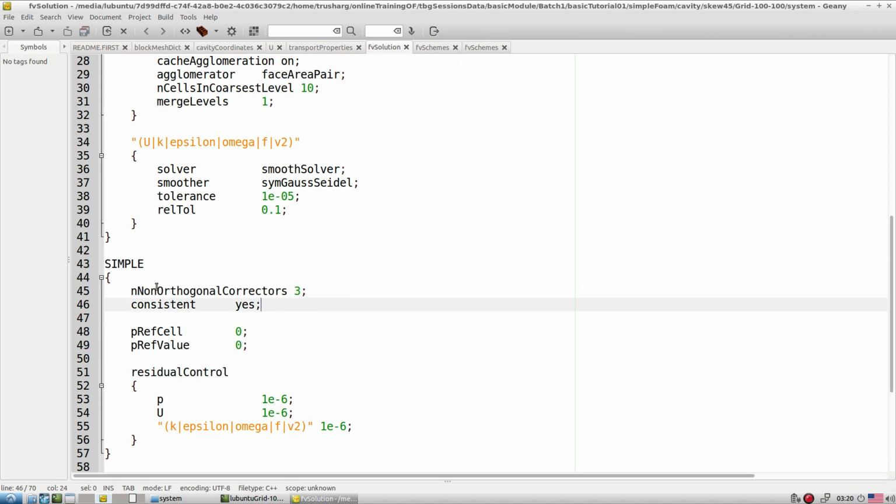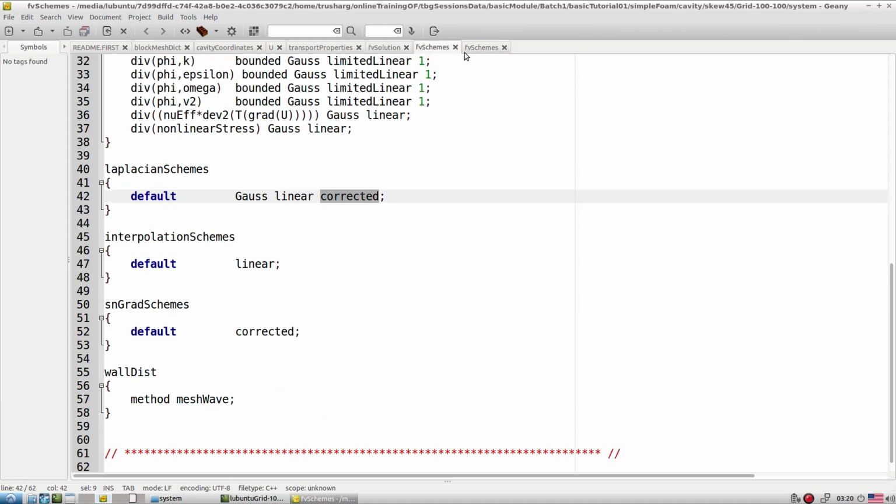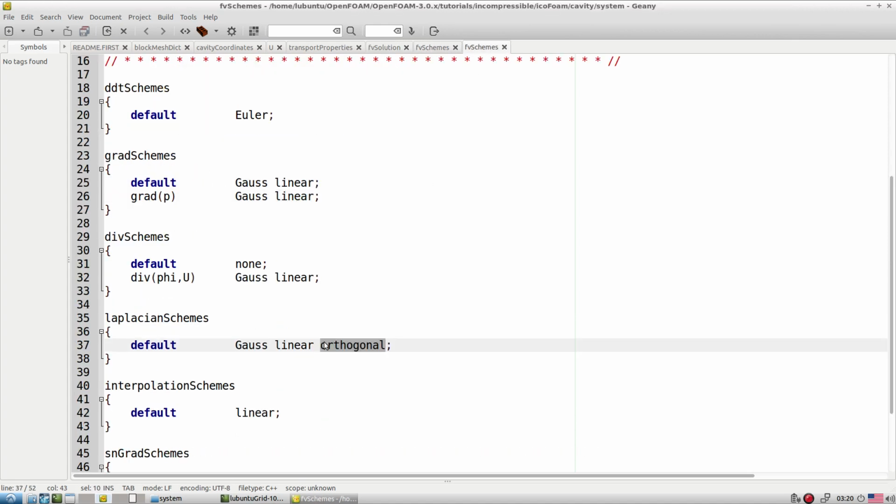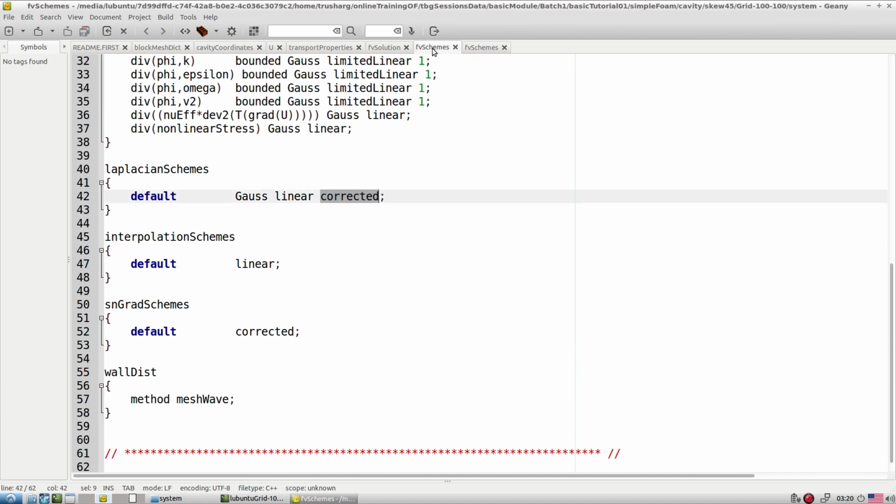In that regard we require the non-orthogonal correction, otherwise we're not going to get a converged solution. Along with that, in the schemes part, if you have linear orthogonal for the Laplacian scheme, it is not going to apply the non-orthogonal corrections. To activate that correction, we require the corrected option. So this is about the skew cavity.